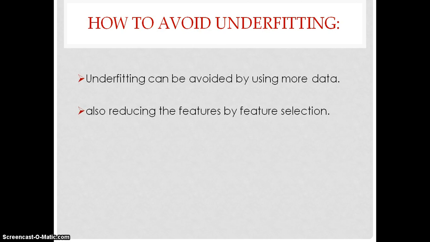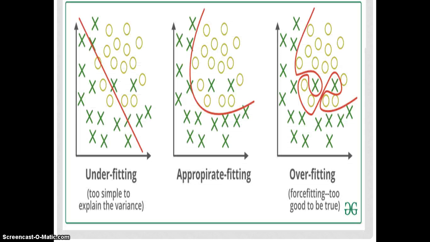So how to avoid underfitting? I hope you are aware of underfitting. Underfitting is a less amount of data, while overfitting is a more amount of data. Underfitting can be avoided by using more data, like adding some more data to the data set, or also reducing the features by a feature selection method. If there are very few features, we can add more features to it. If the features are more but the data size is less, then we can reduce the features. Okay, so